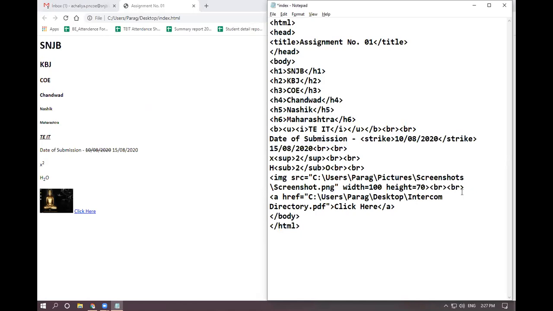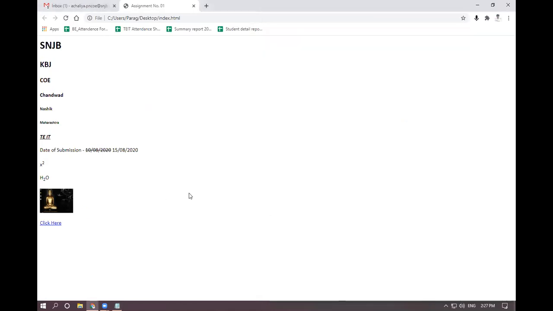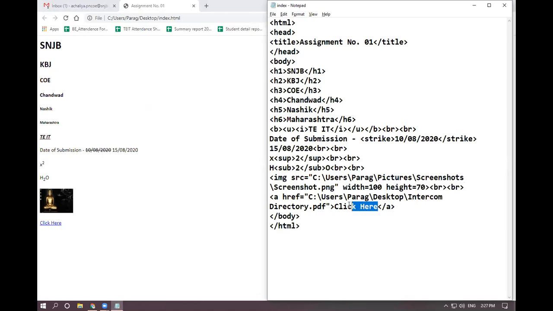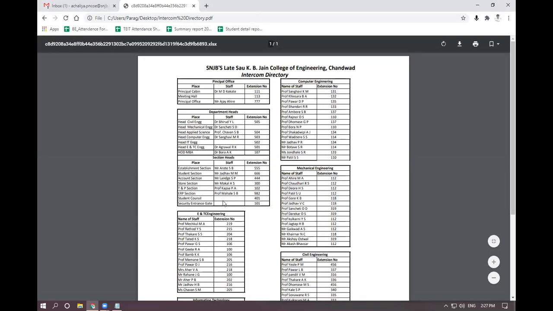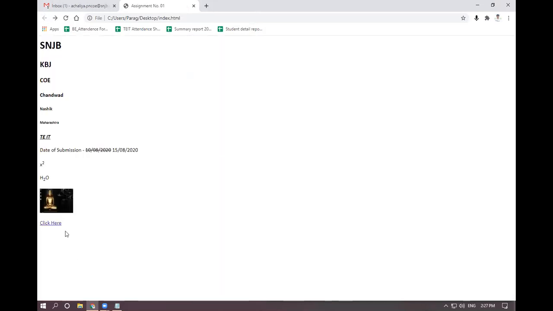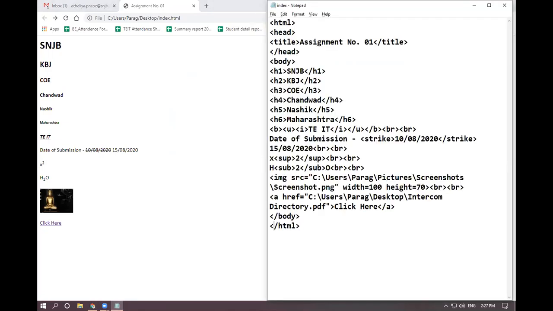After the image, I need to give a break. Now you can see the click here text, and after clicking on this text, what will happen? It is going to open this PDF file. Let's see whether it will open. Yes, it is getting opened. So in this way, you can link a file on the HTML like this.